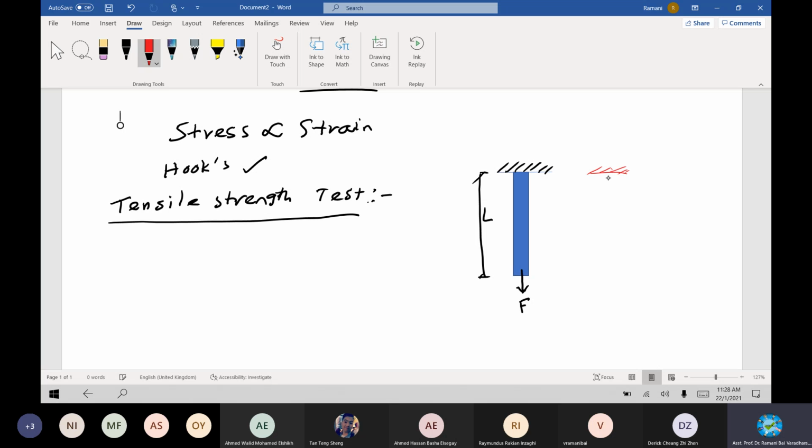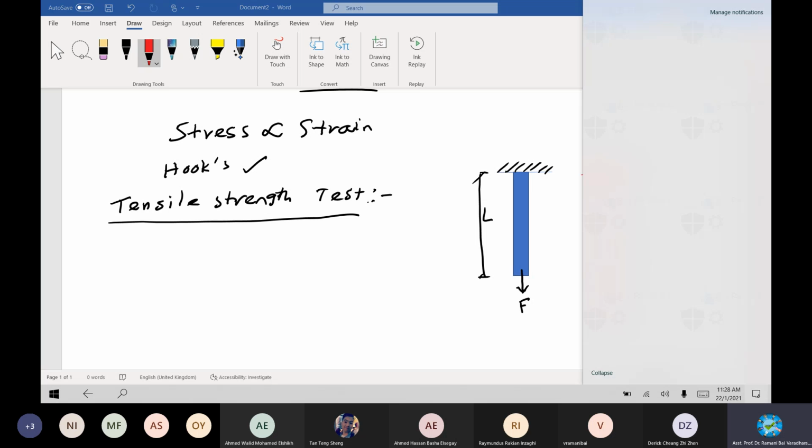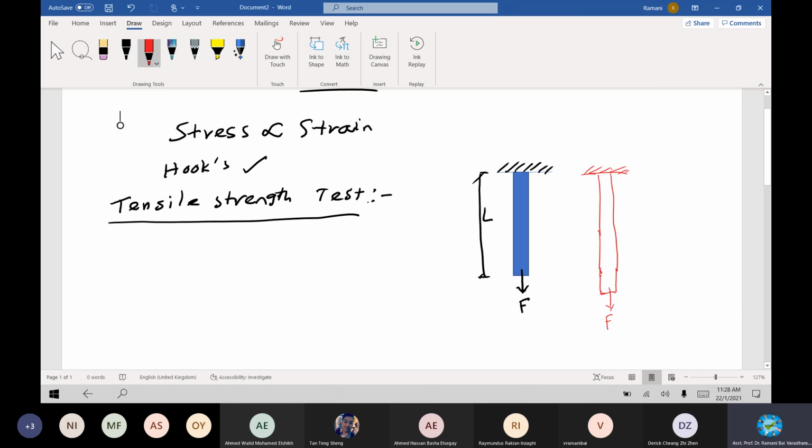After deformation, it will look like this, isn't it? The length will be extended to some level, not the original level, and it will be subjected to keep loading. Why is it getting extended? Due to the internal force. When the load is acting in this direction, the member will tend to